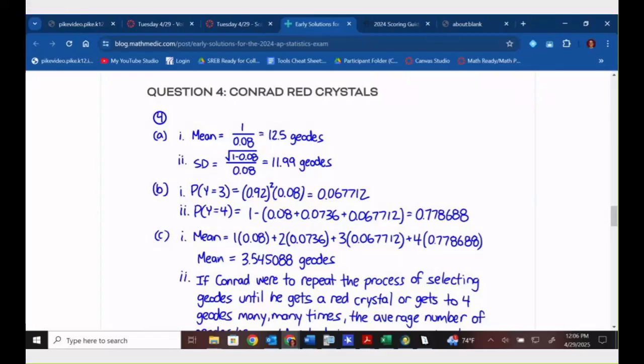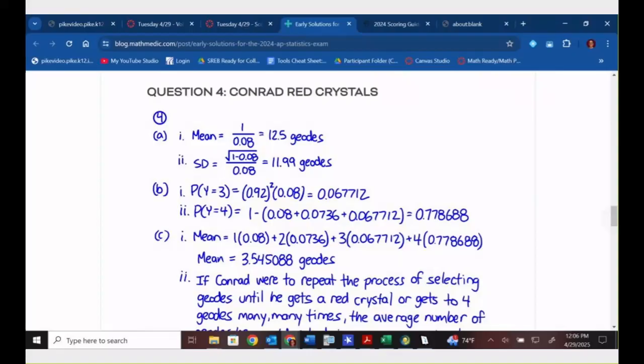Part II, the probability that y equals 4 is 1 minus the other 3 probabilities added together, because you only go up to 4. I'm trying to remember the way the question is actually worded there. But the idea is that it stops at 4. It does not keep going until success. It's until success or the 4th one. And so that comes out to be 0.778688. Part CI, the mean, this is the expected value, 1 times 0.08 plus 2 times 0.0736 plus 3 times